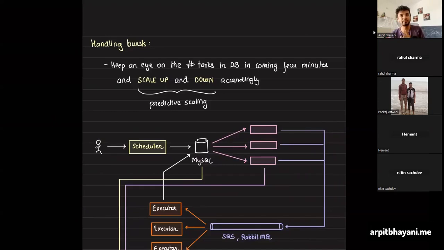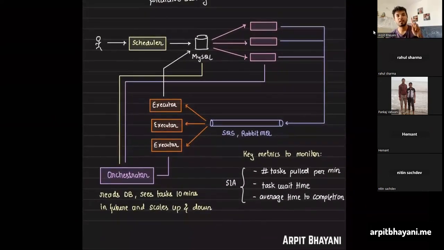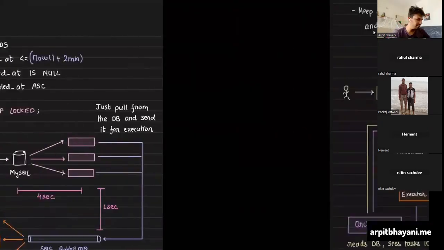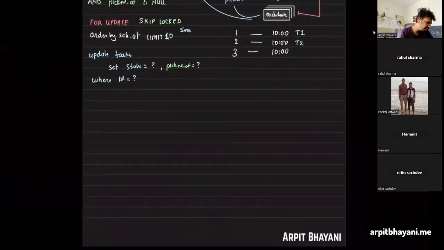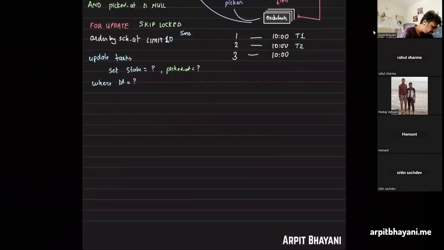Now, if you look carefully, this system that we built up until now very beautifully and very optimally solves the problem of executing a task once at a given point in time. Now, what if I want to support recurring tasks? The way someone would give us recurring tasks is they would give us a cron schedule, like star, star, star, star, star. So execute this task every 1 minute. They would give a particular task and say, execute this task every 1 minute.